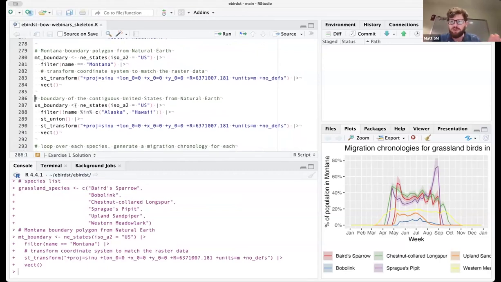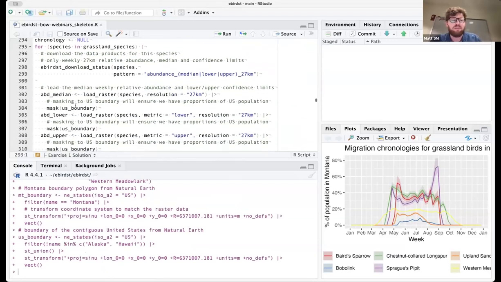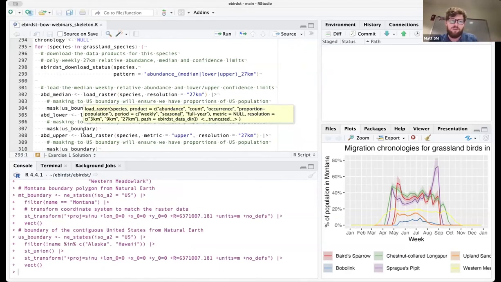For this example, I'm doing just the contiguous US, so the US minus Hawaii and Alaska.